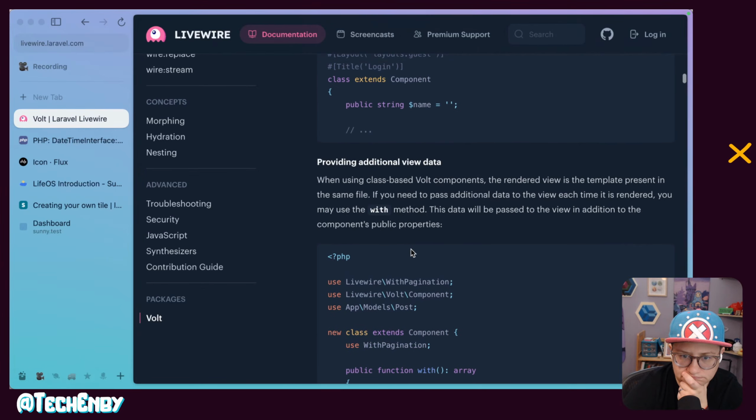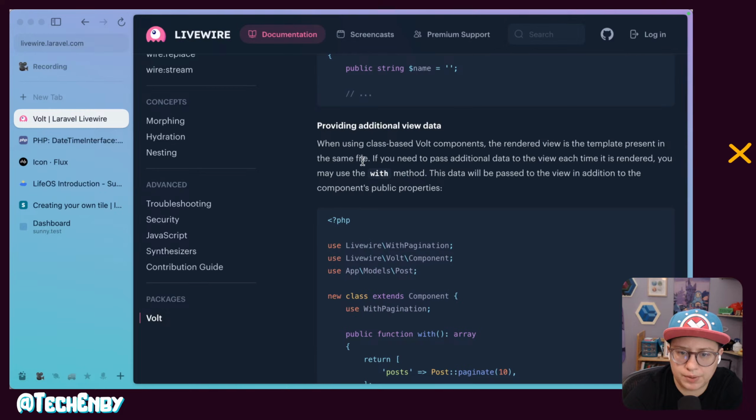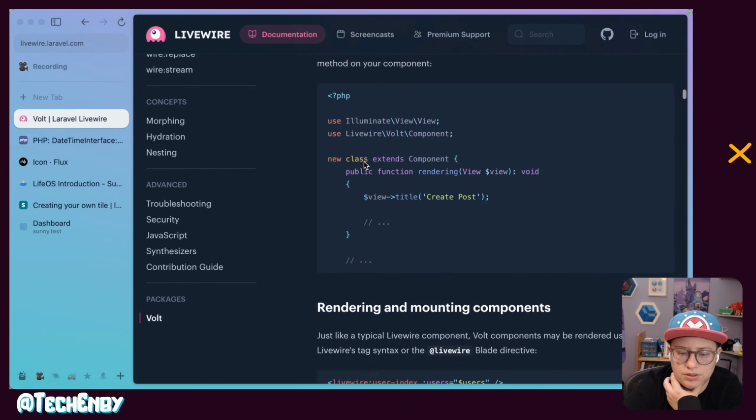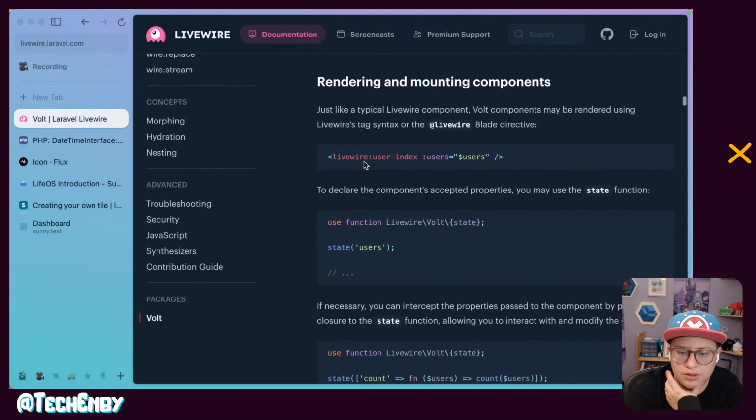Providing additional view data. When using class-based Volt components, the rendered view is the template. If you need to pass additional data to the view each time, what about if you're using